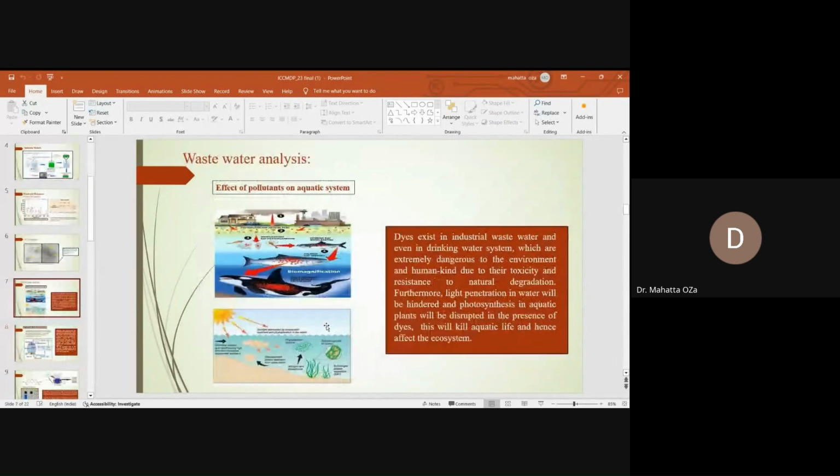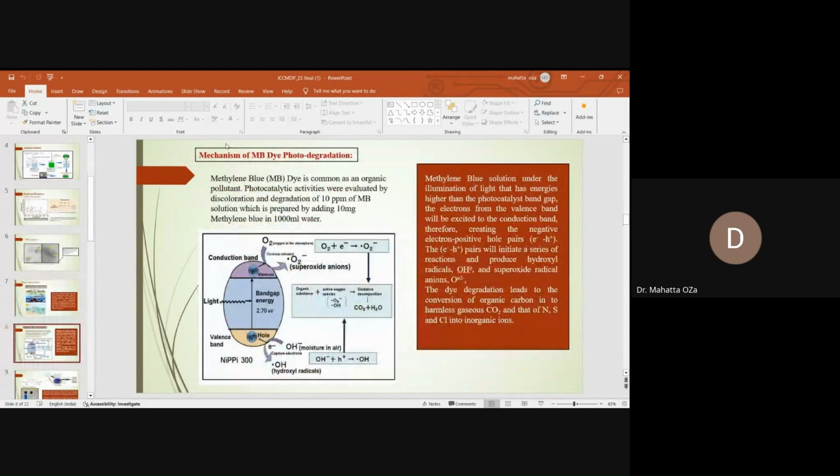So for the solution, here we are doing an experiment on MB dye photodegradation. For the methylene blue solution under illumination of light that has energy higher than the photocatalyst band gap,